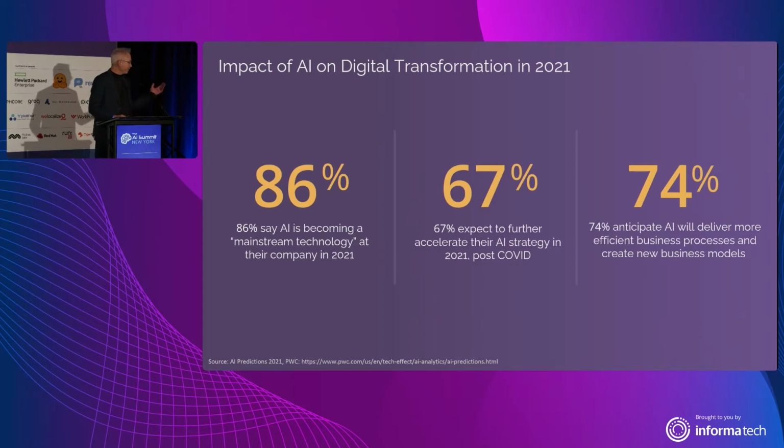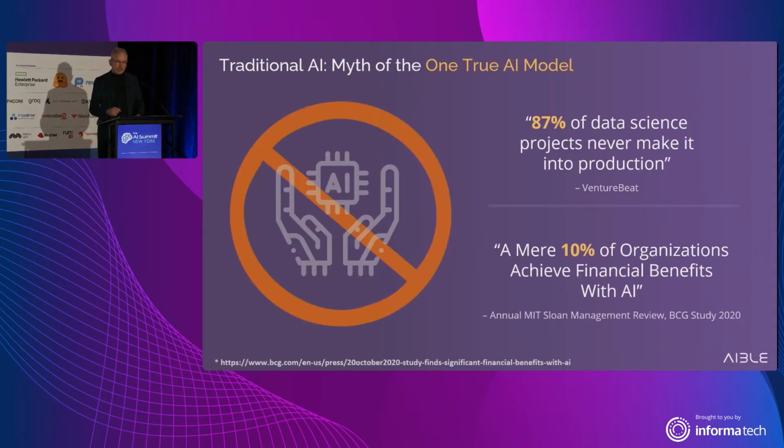A lot of us are here obviously because we believe AI is going to help our organization, and we're not in the minority. Many businesses today are thinking about how they would incorporate AI into their businesses and leverage it in their various processes. But there's a real challenge. Here's the downside. When we look at the results, a lot of AIs don't actually make it all the way into deployment. Deployment meaning that the business, the organization, the individuals are actually leveraging the AI in getting their jobs done. And another study showed that only 10% of organizations can actually see measurable value or measurable improvements from the AI.